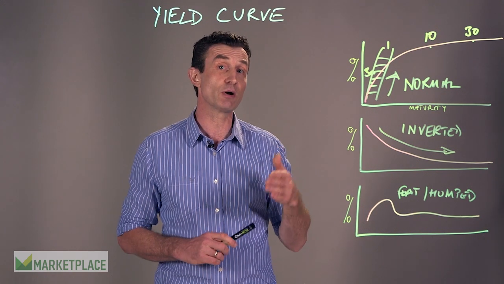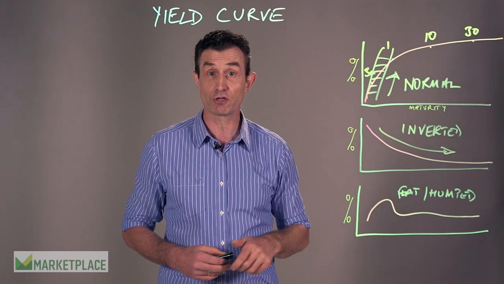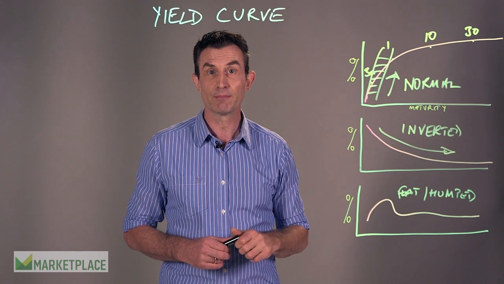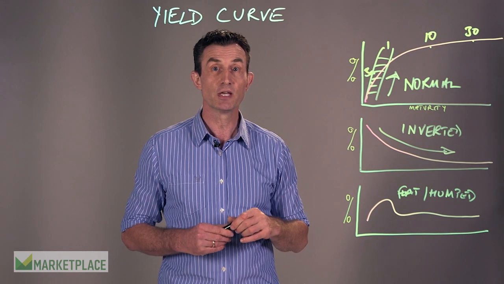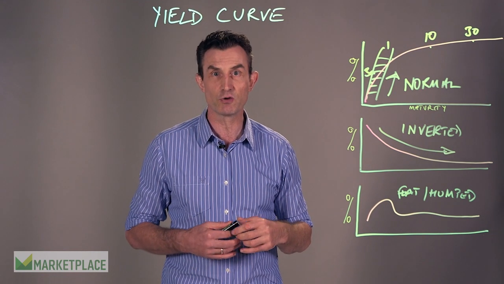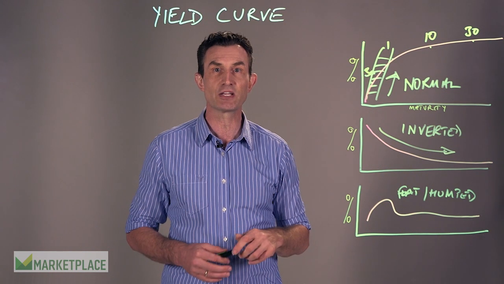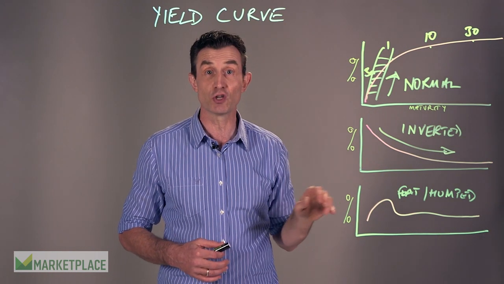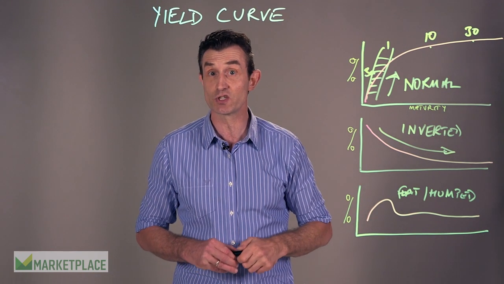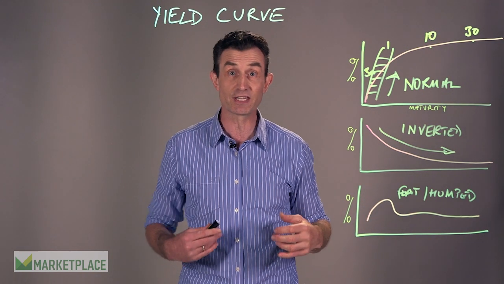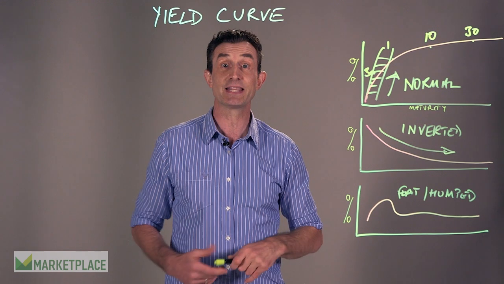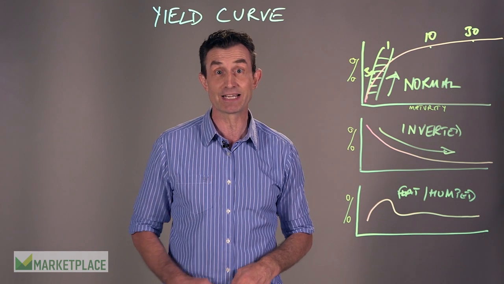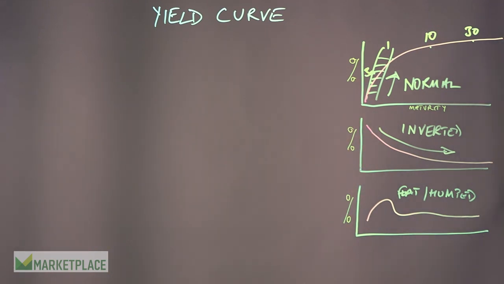Now, if you are thinking about using the yield curve as an investor yourself, you've got to be a little bit careful because investors, when they're buying these bonds, they're always reacting to different types of news and analysis. It means they're changing their minds all the time and buying different types of bonds, and that means that the yield curve is constantly moving. It's one of these situations where you could find yourself starting the day thinking you're climbing a ladder, end the day finding out that you're actually sliding down a chute, and that's going to leave you very